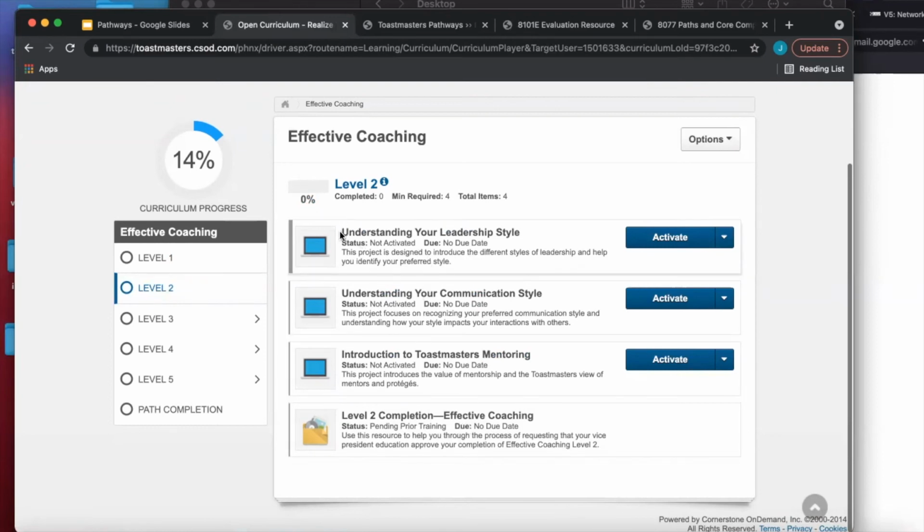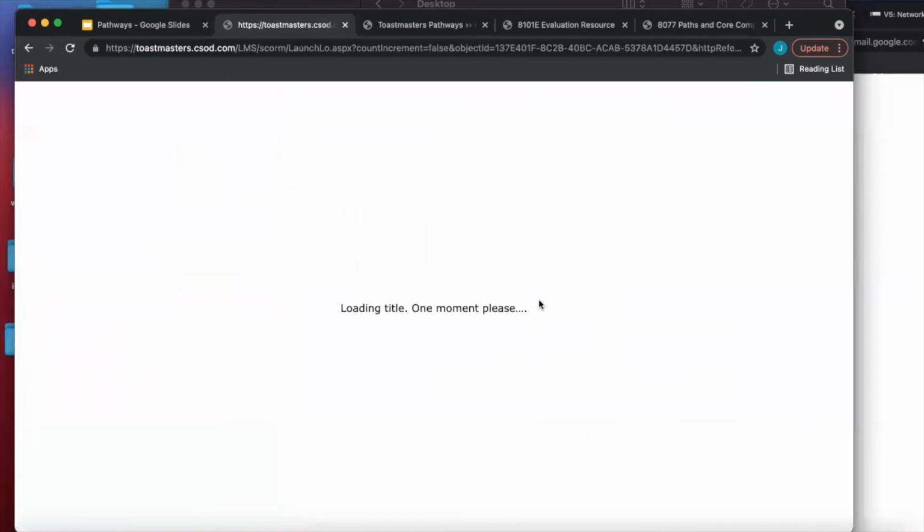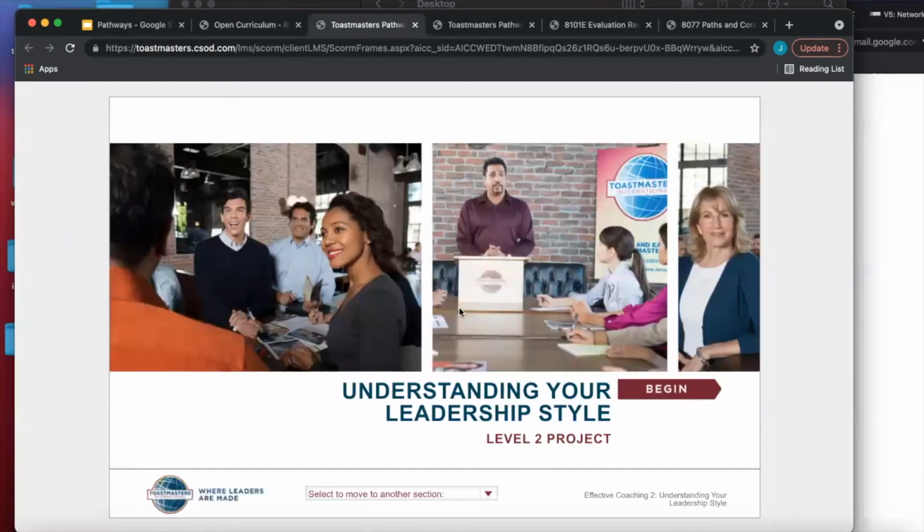If you look at it, it starts with understanding your leadership style. This is not something you can pick. Anything that is related to this topic, when you activate it, you will go here, and then you will see how to go about that particular speech, how to prepare for it, and what the different things are that you can do. It's the same format, just like what you saw in the Icebreaker.